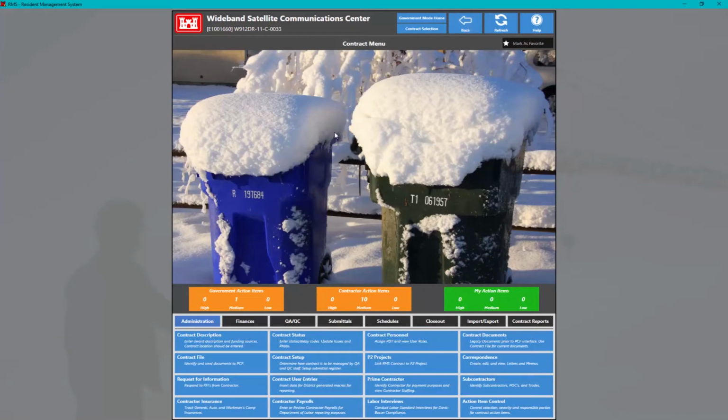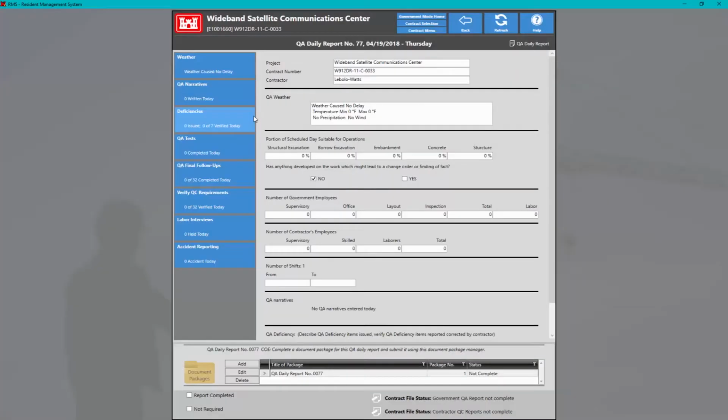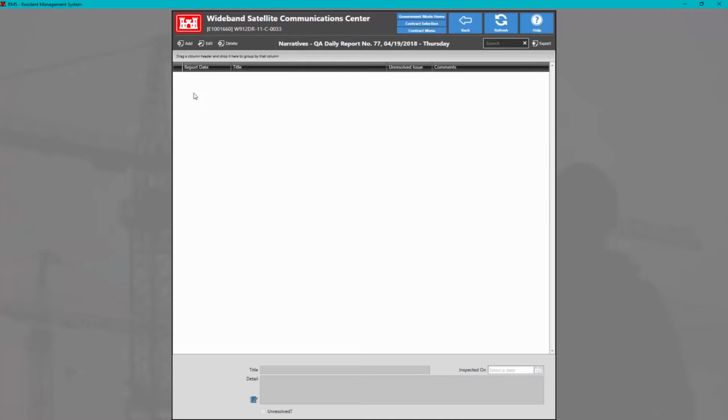and we're going to head into the QA/QC tab, and then we're going to go into the QA Daily Reports module. Now we're going to enter into the QA Daily Report that we want to add our QA narrative to. In this case, we're going to do report number 77. On the left hand side, we're going to click the blue tile that says QA narratives, and in the upper left hand corner we're going to click the Add button, and we're going to select manually add QA